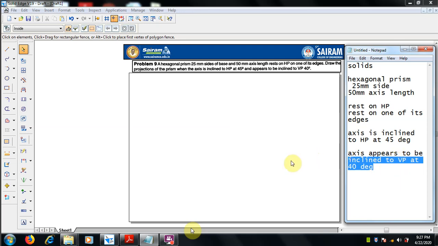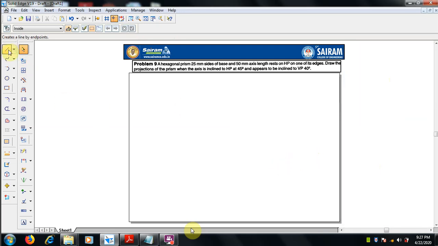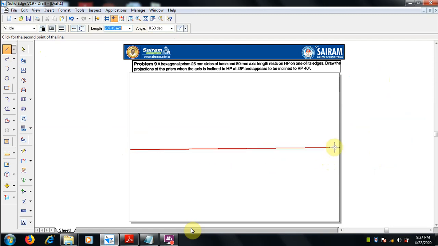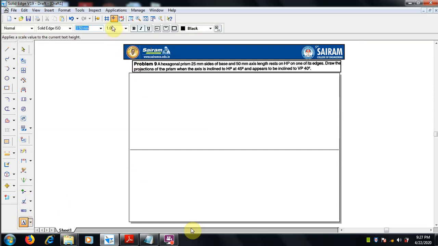Right. So now we can draw by selecting the line command, continuous line, 0.13 mm thickness, horizontal line, and then select text X and Y, scale of 1.5 we will take.